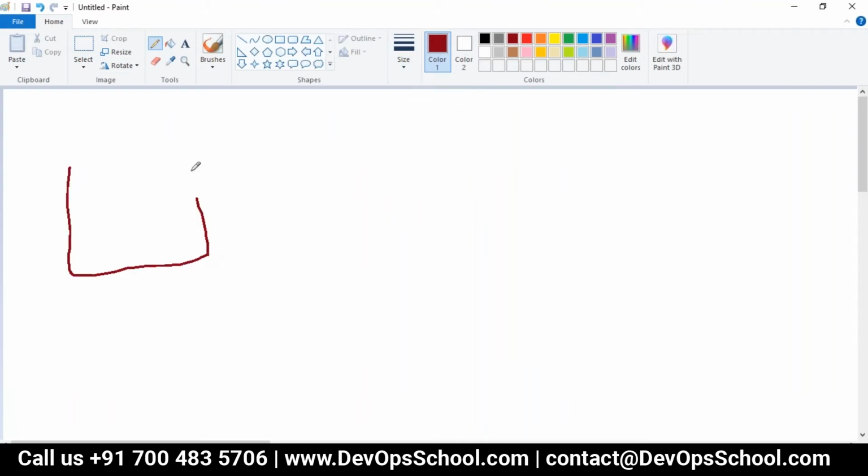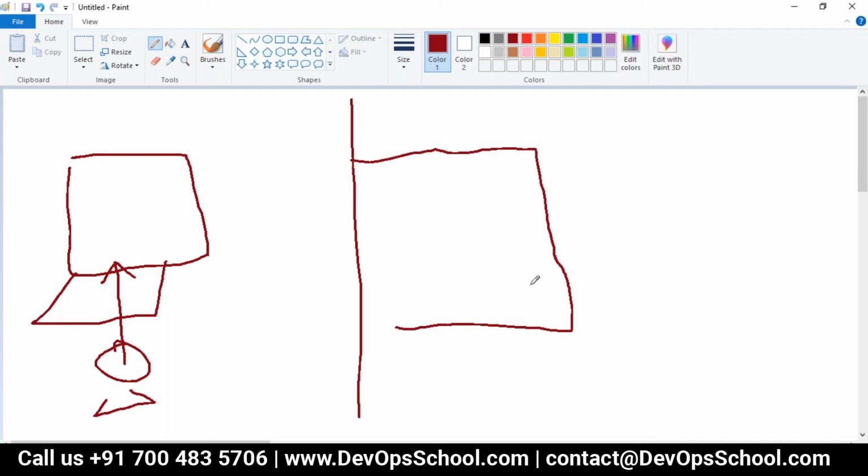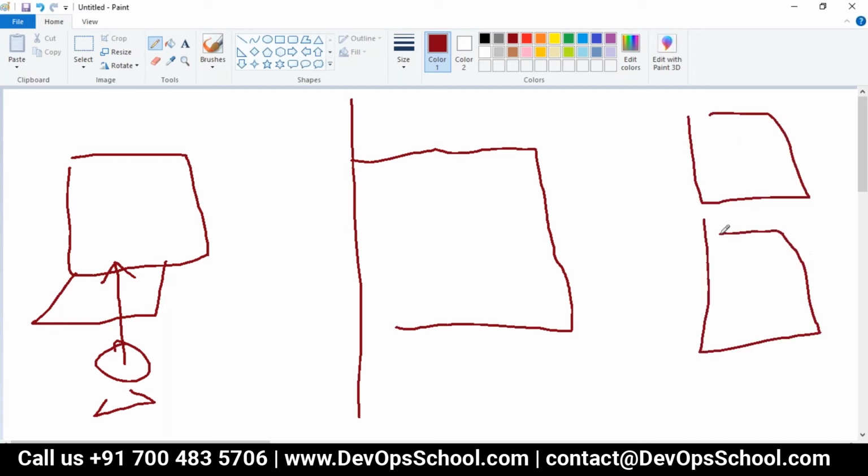So this is your laptop. Please understand that this is your laptop and this is you working on this machine. Now in this we have a cluster. This is the master server, we call it a control plane, and this is a worker. I don't care about the worker at all right now, because I have spent a lot of time over there. Now here is the API server, and here we have kubectl. This is me, you and everyone. So how does this kubectl talk to the API server? That's the question I'm trying to solve.